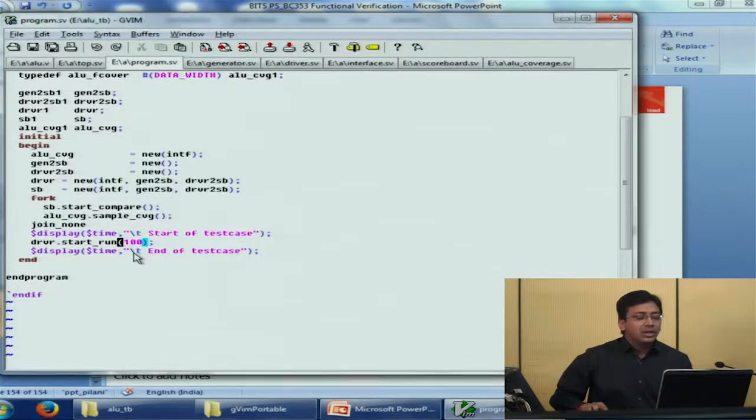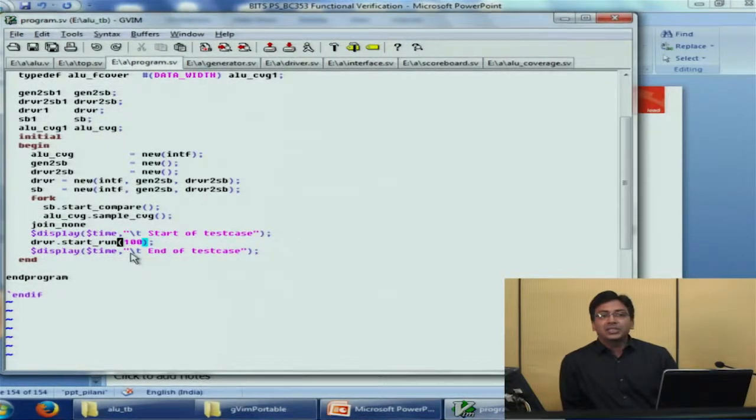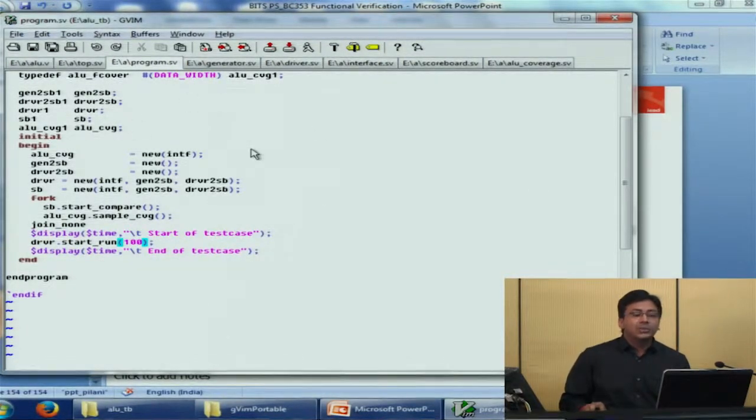And an argument 100. 100 actually indicates the number of operations. So we have asked the driver to feed 100 test cases, a stimulus of 100 different values to the DUT, and see how the DUT performs. We'll go through that. So this is the complete code of the TB top.